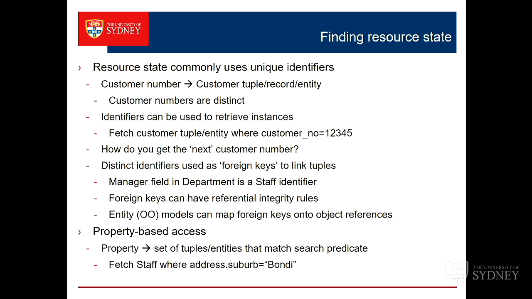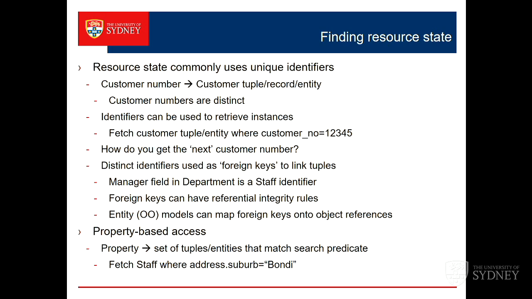If I do have a customer number unique ID, how do I get it? Like I talked about before, I've got to have some mechanism where I can allocate that, and there are rules about customer numbers. They are probably going to be monotonically increasing. Means they're always just going to go up and up and up, and I may care if there are gaps. Gaps are a nuisance. It's easier if I say, yeah, you can have a gap, as long as they're monotonically increasing.